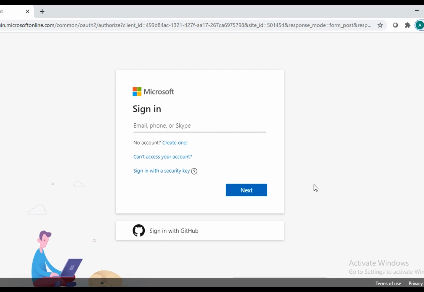If you have an account with Microsoft, you can directly provide it here, or else using email, phone number, or Skype ID, you can sign in to the Microsoft account. If you don't have any account, you can create a new one.